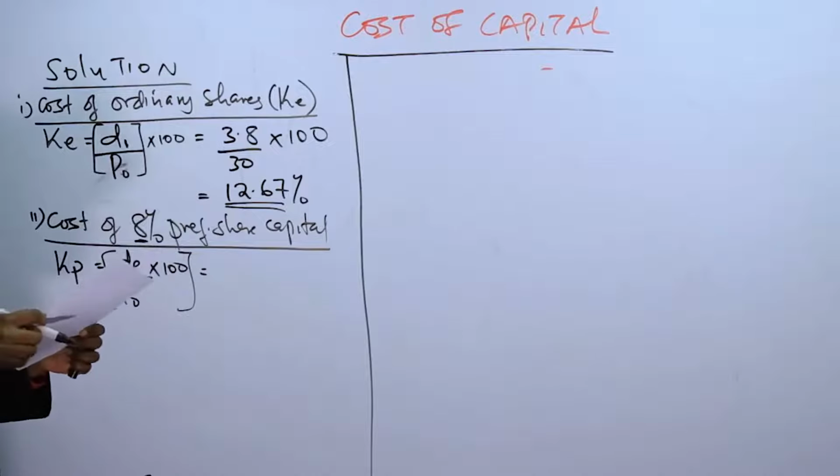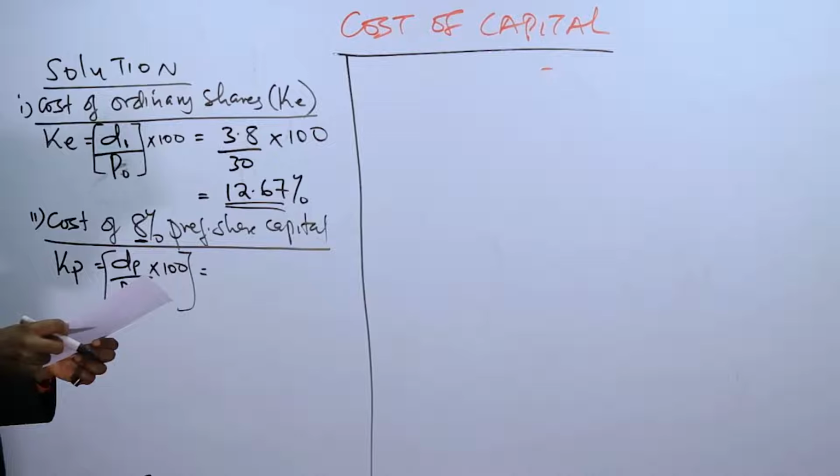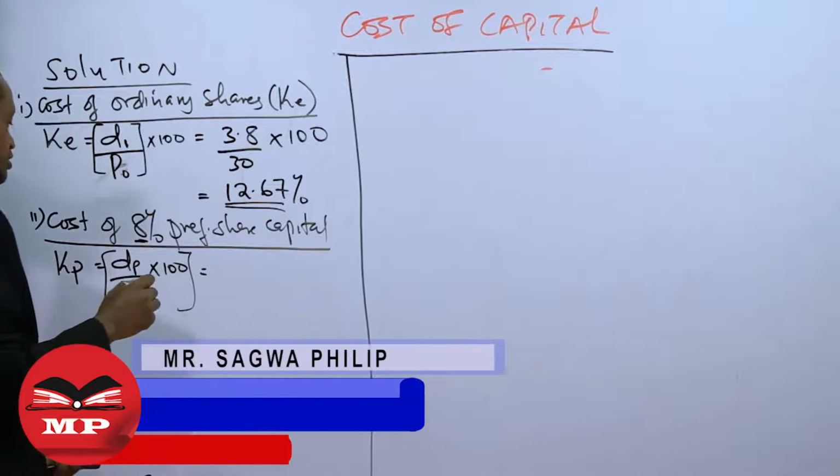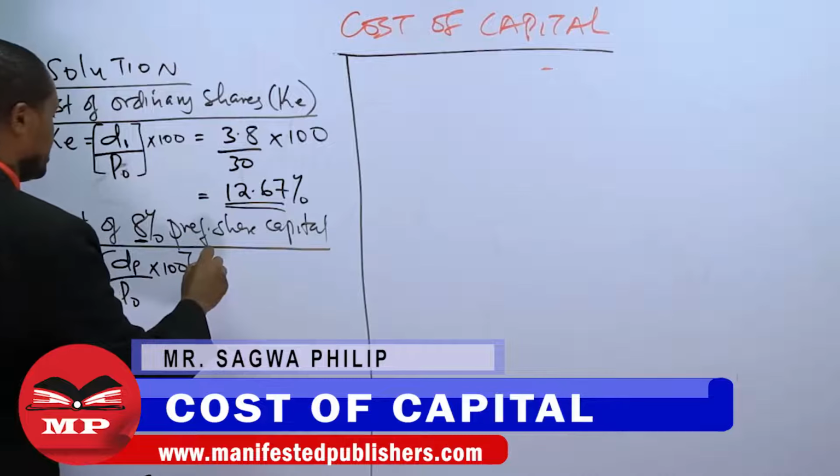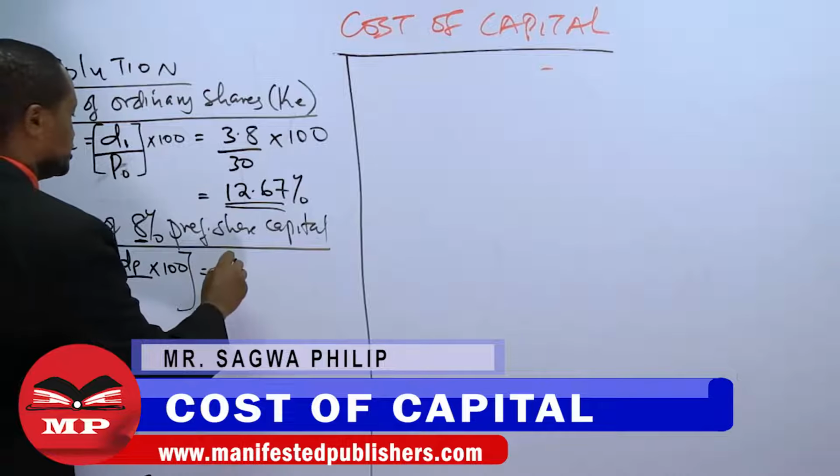And you can see that from the first table, 8% preference share capital, par value 24 shillings. So that is the par value. So the dividend per share will be the rate of 8%,